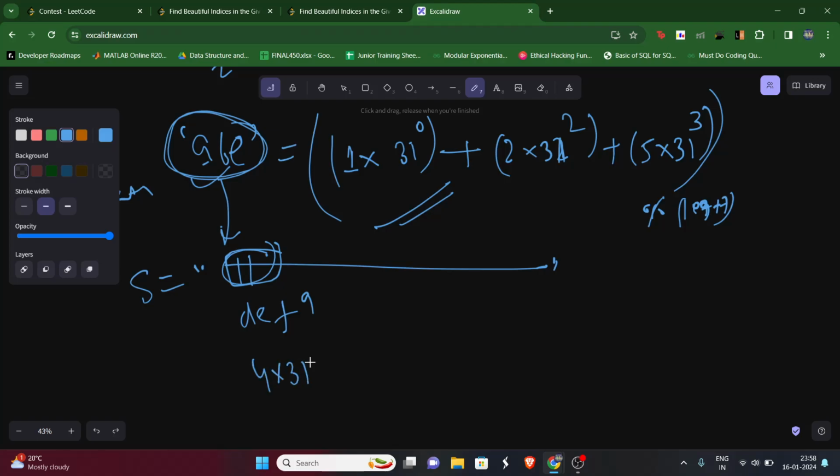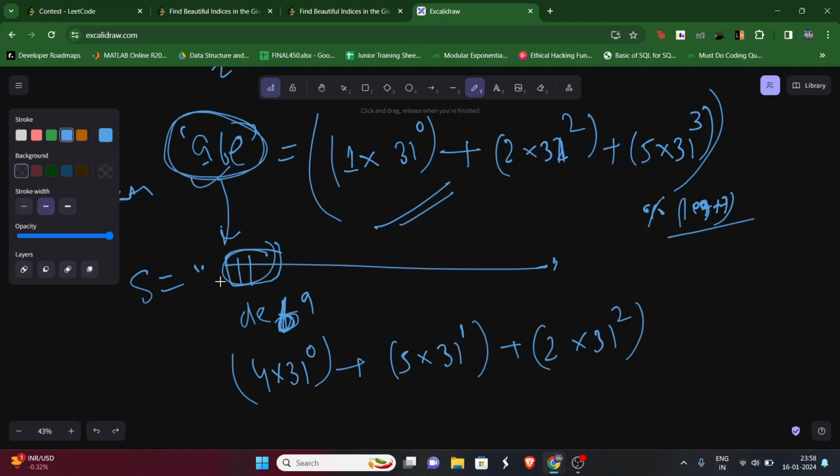So 4 multiplied by 31 to the power, just ignore this modulo part for now. So 31 to the power 0 plus E is 5, so 5 multiplied by 31 to the power, or let's say let me make it B, so don't feel like 4, 5, 6, something like that. So let's say here it is B. So 5 multiplied by 31 to the power 1 plus 2 multiplied by 31 to the power 2. Now we have taken three characters, and here it is, let's say A now,